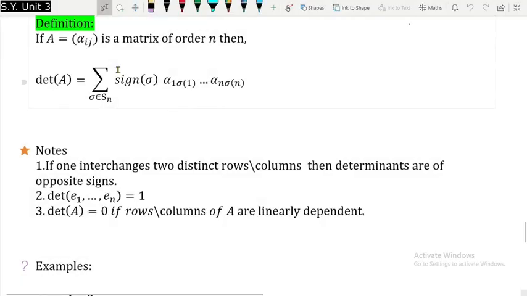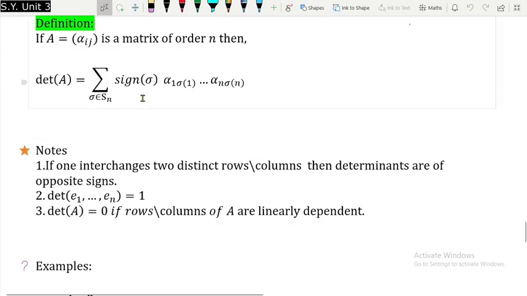Now let us go for the definition of the determinant. Very interesting, you might not have seen this definition before. So if A is alpha ij, in the sense the first row will be alpha 1 1, alpha 1 2 and so on up to alpha 1 n. The second row will be alpha 2 1, alpha 2 2, continued up to alpha 2 n, and the last row you already know, alpha n 1, and it will be continued. So if this is your matrix A, then the determinant is defined in this way.